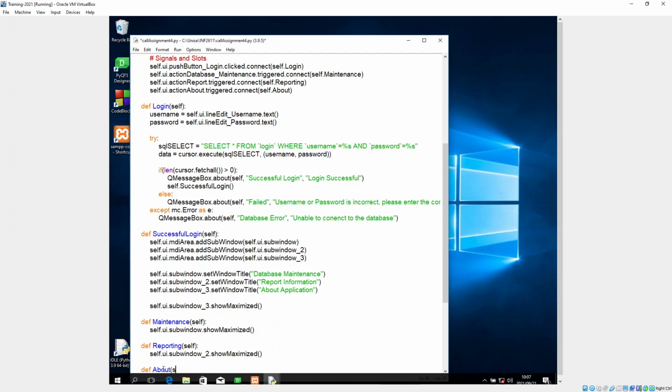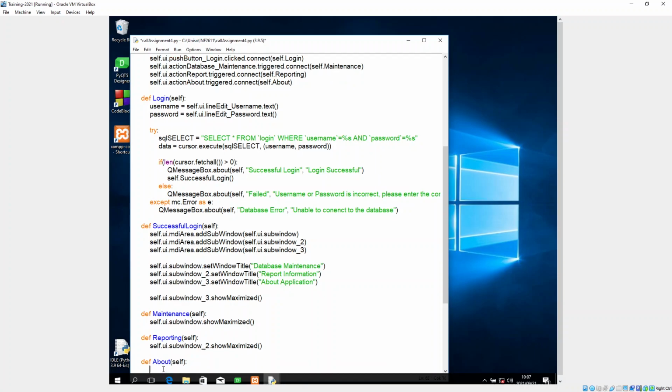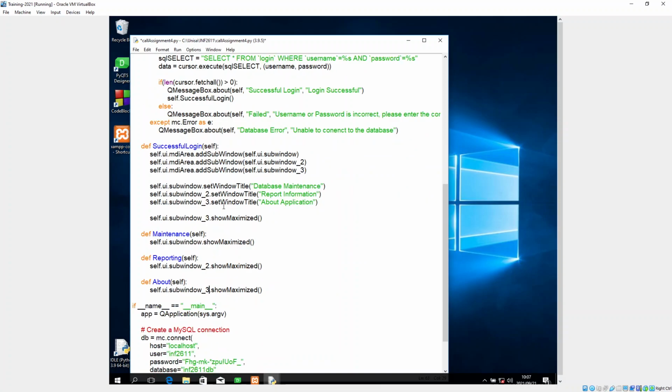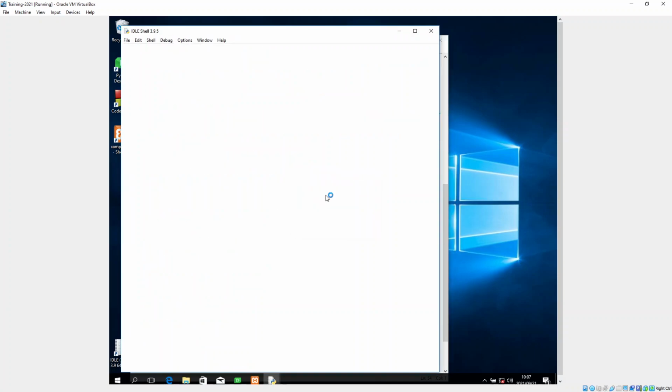Def about self. Okay, then we're going to just copy this one, and we're just changing this to 3. Okay, so let's run that. When we run that, we should see,